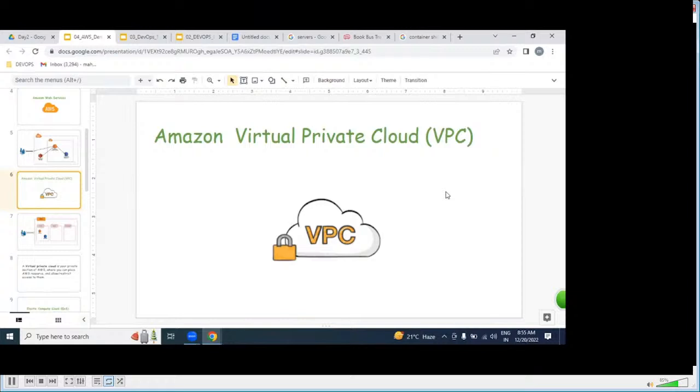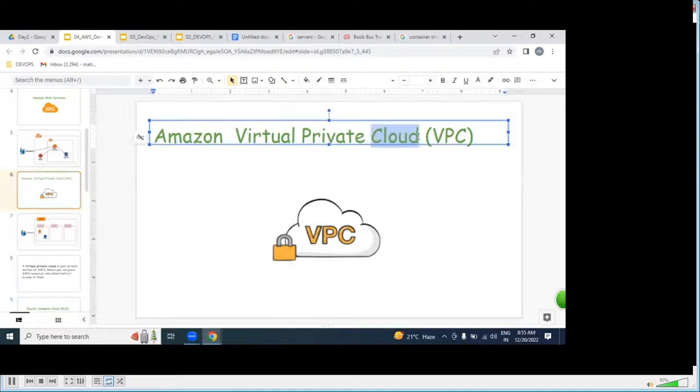The same kind of network we are going to get from the cloud, in a virtual form. That is nothing but a VPC. I'll repeat this: we are going to get an isolated, office-like private network.